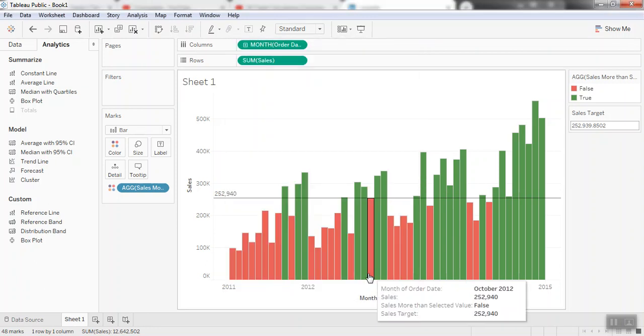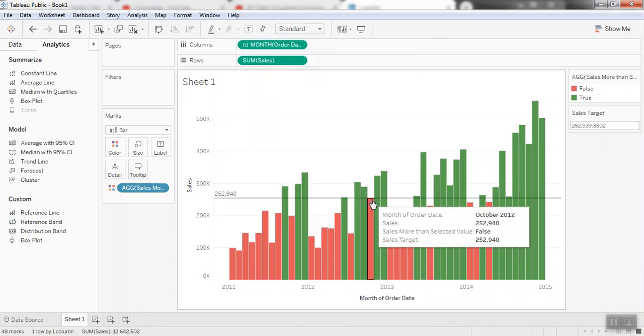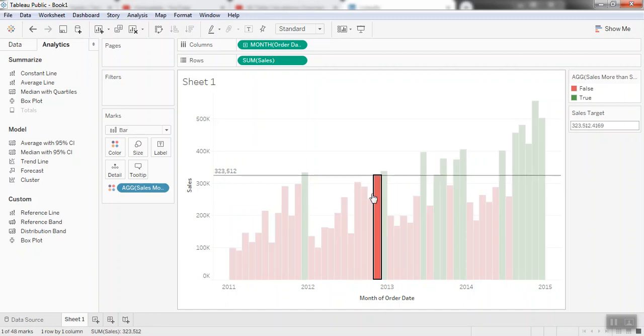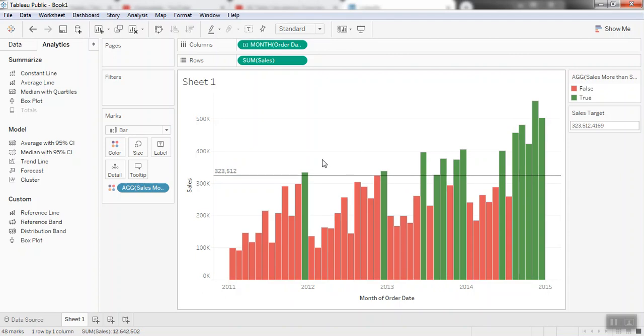And okay. Now for any bar that you select, for example if I select this bar, you'll see that the reference line has changed for this particular bar, and now you have a better visual picture of all the months that have sales greater than this particular value, and all the months that have sales less than that particular value.